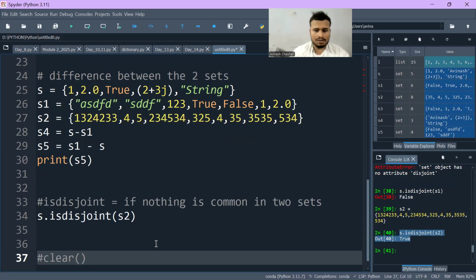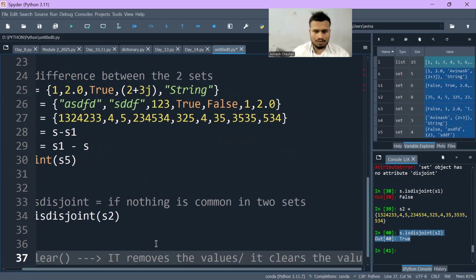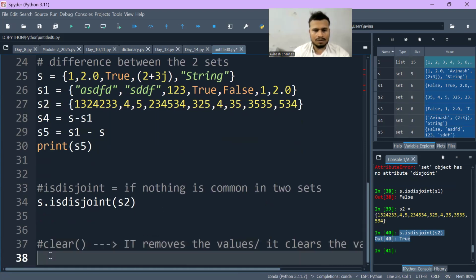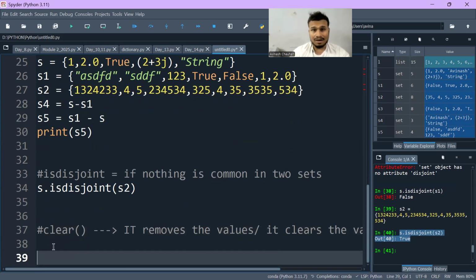What it does is remove the values; it clears the values in the set. And how to perform it is as simple as that. As I have told you guys, you use the particular variable name, then the function name. So if I want to clear the values of set s, I will write s.clear,